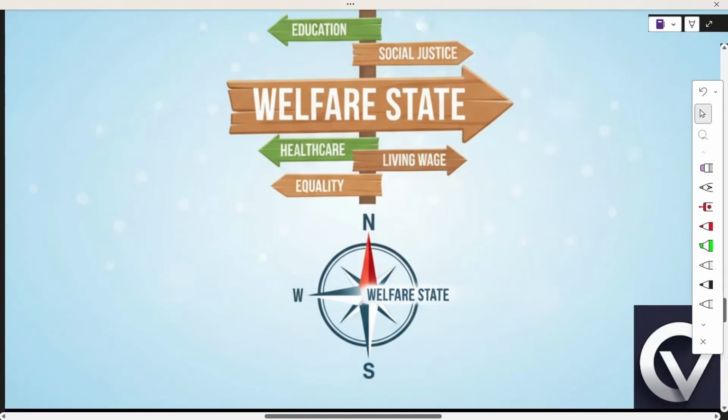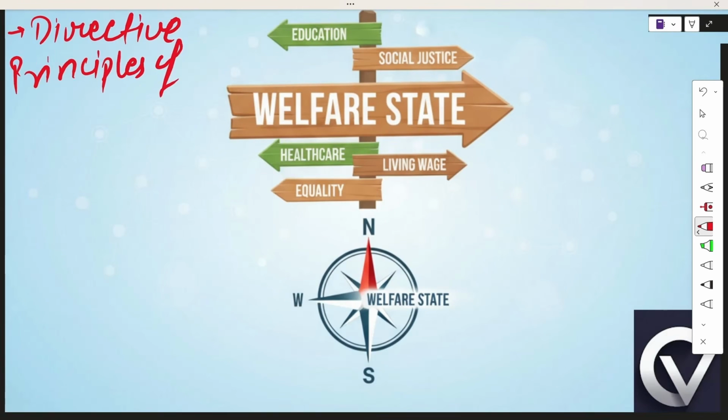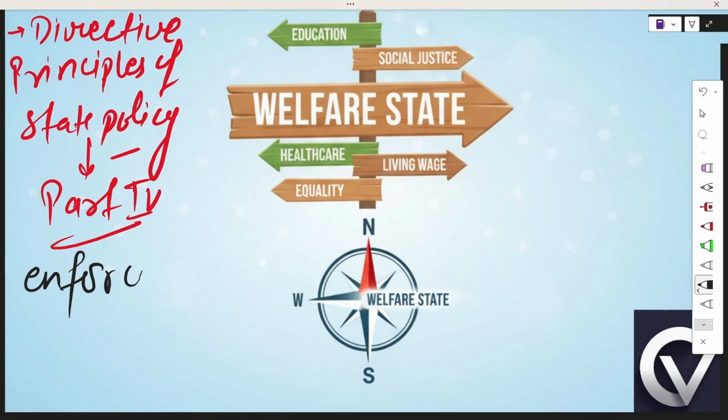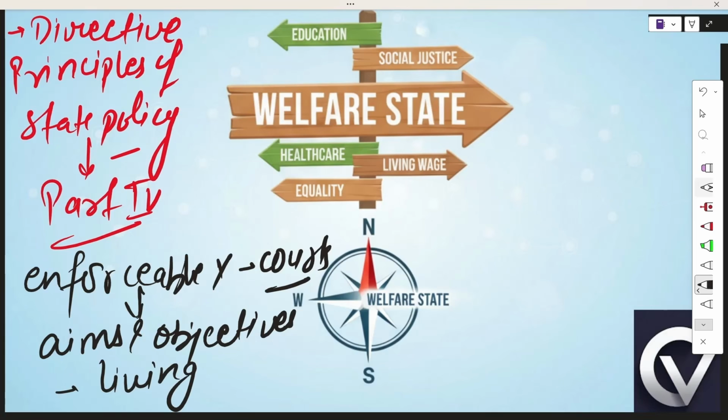Let's talk about the ninth feature of India's constitution, and that is Directive Principles of State Policy. Part 4 of the Indian Constitution contains them. They are not enforceable by the courts, but they set the aims and objectives for the state to pursue, such as securing a living wage,